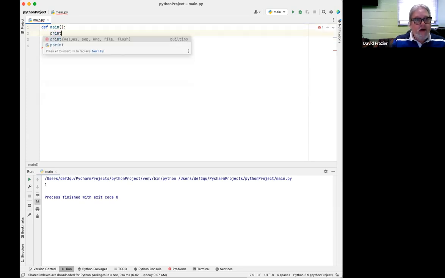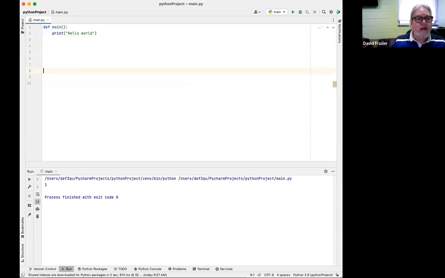Now I can just do my program here, a hello world, easy enough. And then don't forget the last thing you have to do somewhere in your program is to call that function. If I run this now, my hello world prints out just fine.